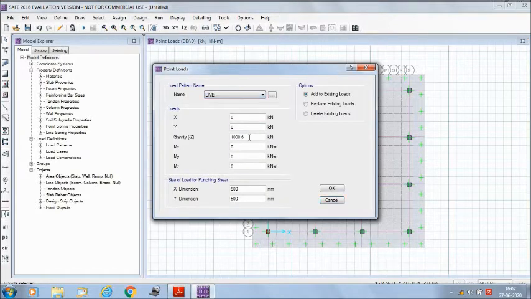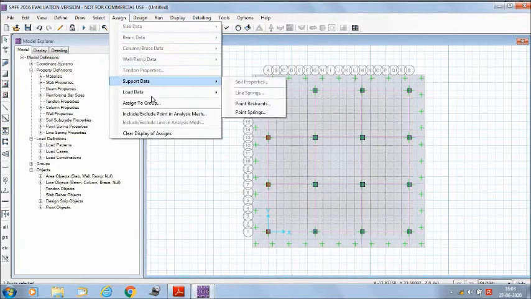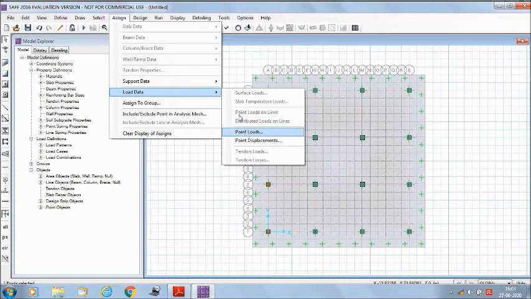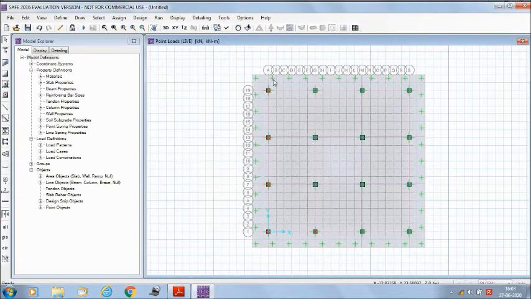The live load is 438.9. For column 5, the live load is 1534.4. The dimension remains the same for column 5.